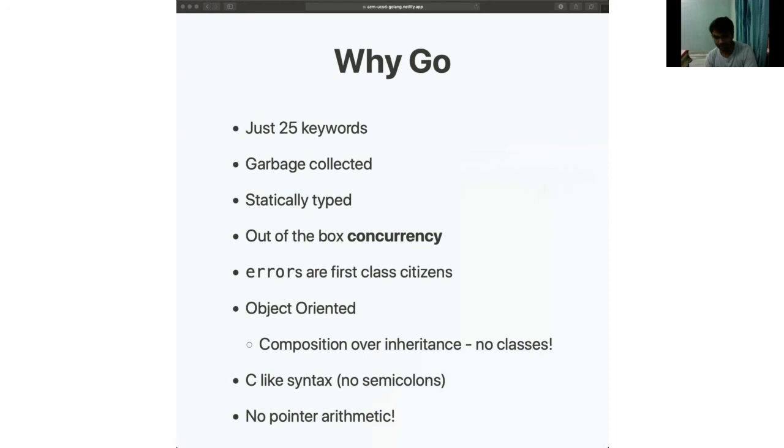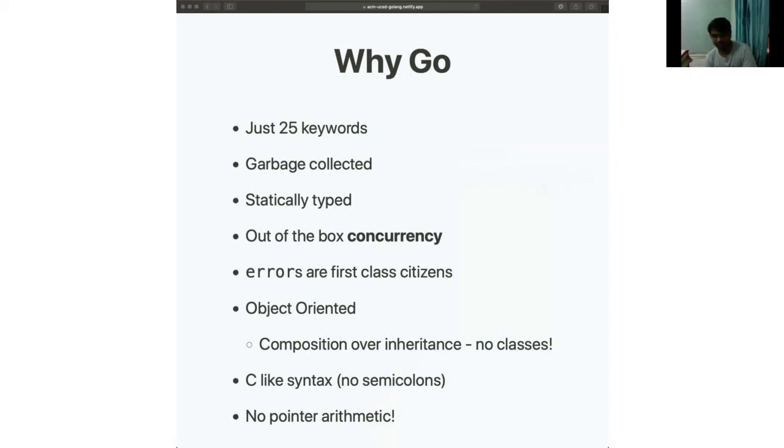There's no C++ with so many different operators, defaults and weird things that are just not fun to use. Go gets rid of all of them by having really few keywords and a minimal language structure, letting you implement everything you want. It's obviously garbage collected, statically typed, all those things.